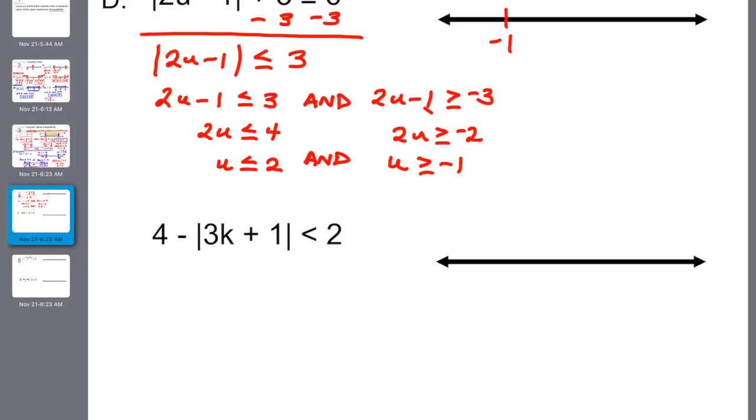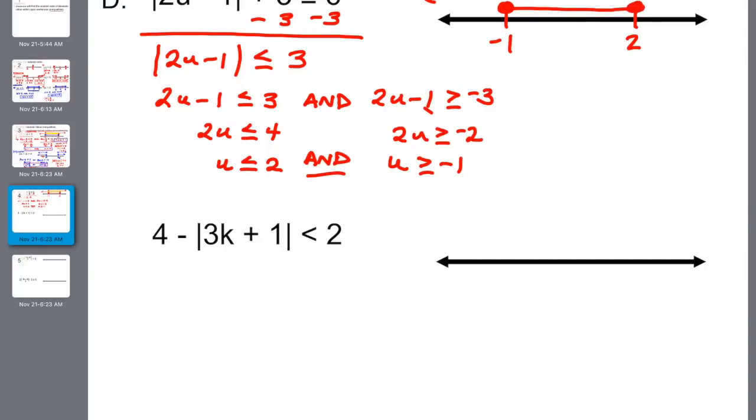Let's plot those on our number line here. We got negative 1 on the left side, positive 2 on the right side. U is greater than or equal to negative 1 is going to be a closed circle going to the right, because all the values greater than or equal to negative 1 would be on the right side of negative 1. And all the values less than 2 are going to be to the left. Obviously, they're closed circles because we're including those. And because it's a conjunction, we are looking for the overlap, which goes from negative 1 all the way to positive 2. So our solution set goes from negative 1